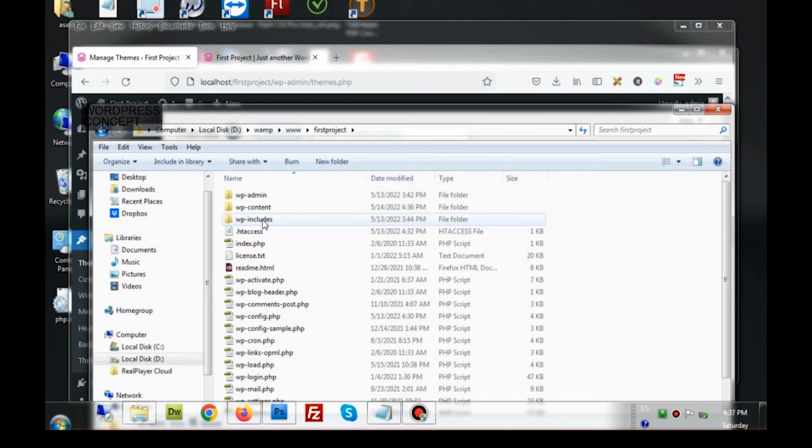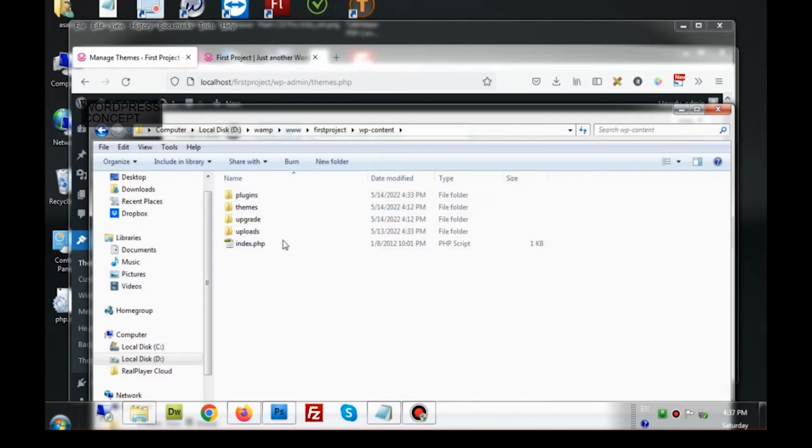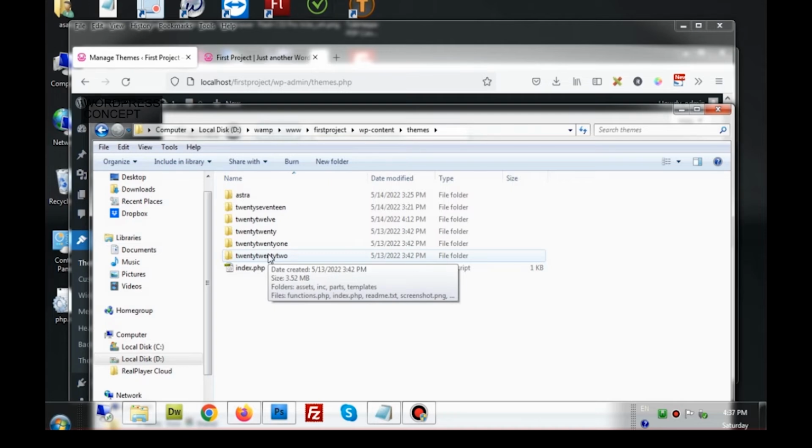We have to go to the WAMP www folder, then the first project folder. From here we can go to wp-content. In wp-content we have a themes folder. Every theme that we install in our WordPress comes into our themes folder. We already have many themes installed in the system, and we have this one that we have newly installed.